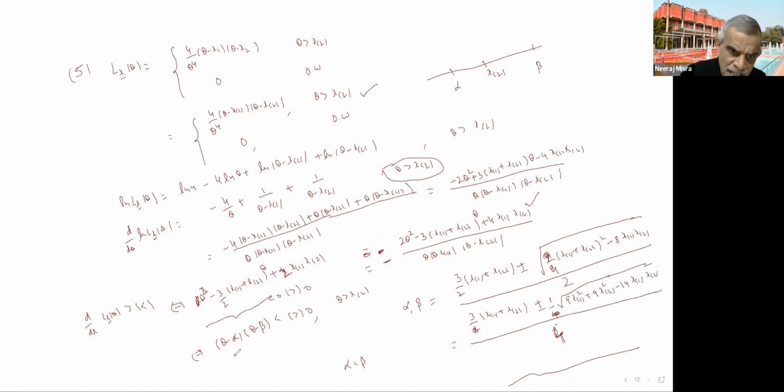In x2 to beta, theta minus alpha is positive. This is negative. So that means this would be increasing up to beta. What happens after beta? Theta minus alpha is positive and theta minus beta is positive. So this would be decreasing, right? So your derivative would be positive over here. That means from x2 to beta it would be increasing, and so where is the maximum? Anyone? The maximum occurs at theta equal to beta. So your MLE